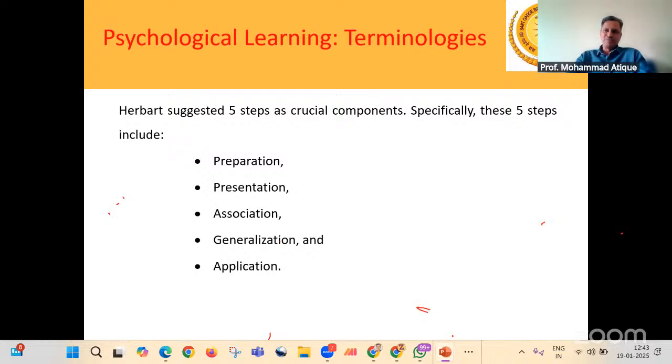Let's say without preparation you enter the class; maybe you are not at all new to that particular subject, but if you have not prepared, you will not be in a position to deliver it in the right spirit, right? So the very first step we do is the preparation of the session.